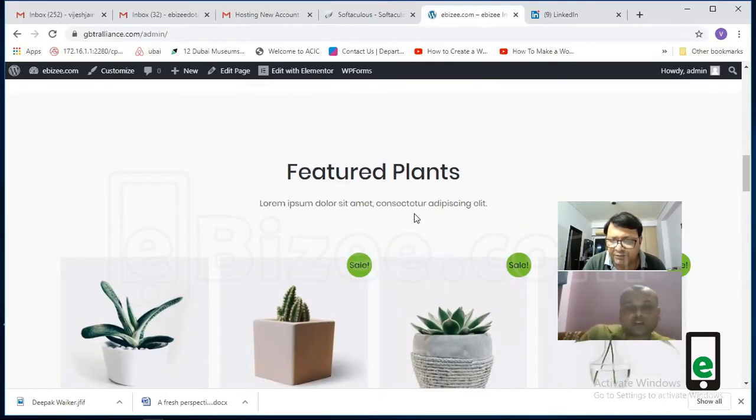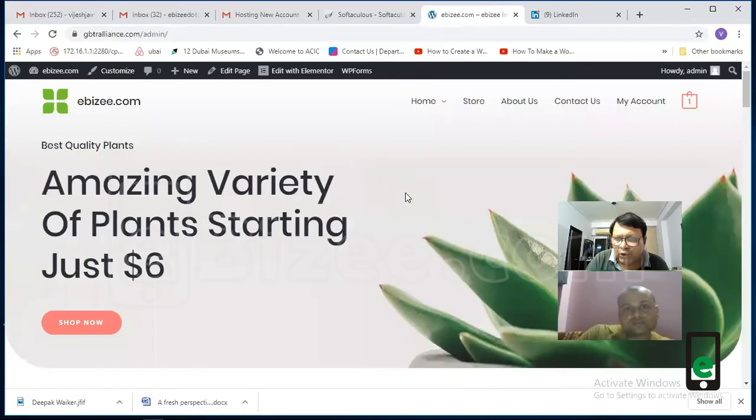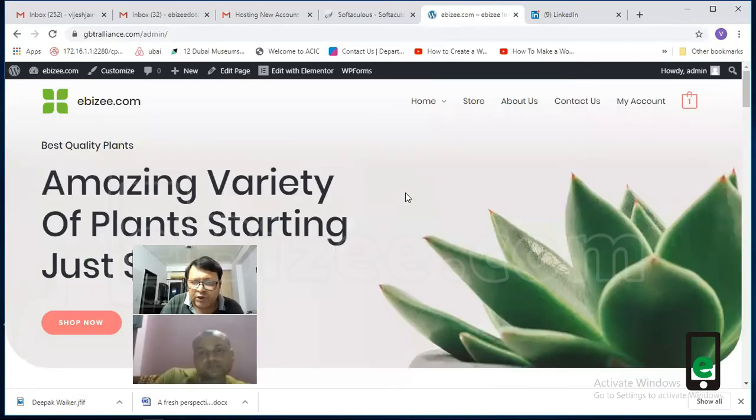From where do we get the courses in the website? In the website, I will tell you how to go to the courses. You can see here home, store, about us, contact us, my account. So it is always better to put another button here. We will put it later, which will be named course archives. So when you go there, all the courses will be there. So I will show you how to put that.